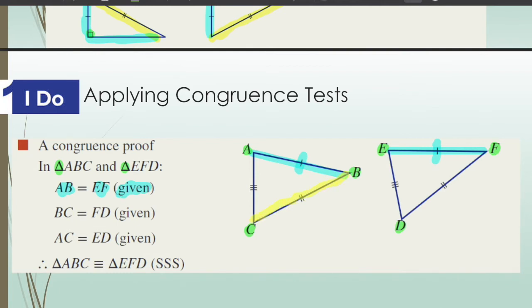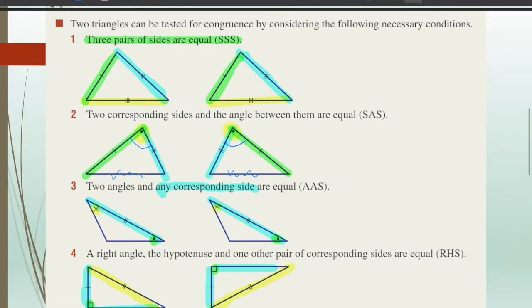Now we look at the next pair of matching sides, BC and FD. Again, that's been given to us in the information of the question, so that's fine. And then we look at the last pair of sides, ED and AC. And again, it's been given to us that those triangles are equal. So once we've established these three pieces of information, that allows us to satisfy one of our